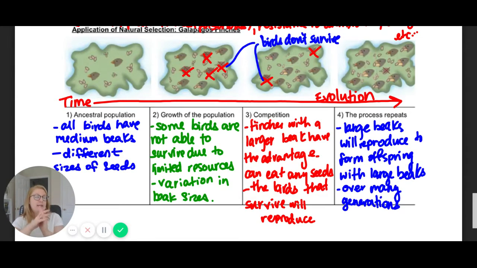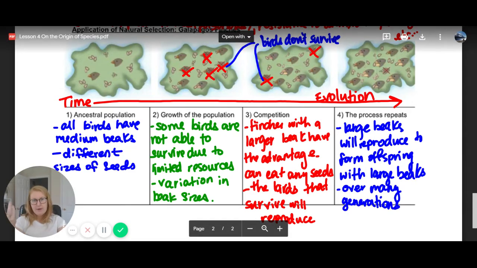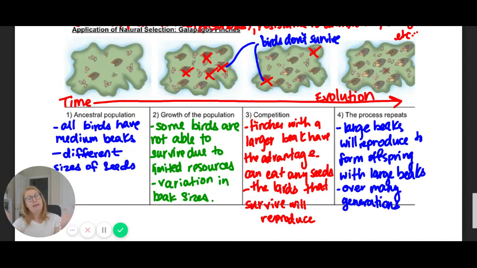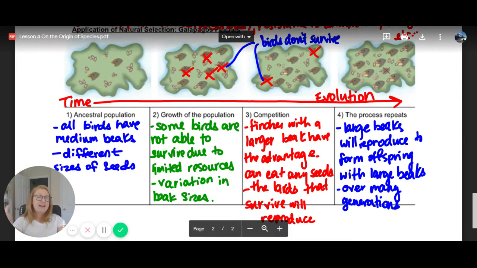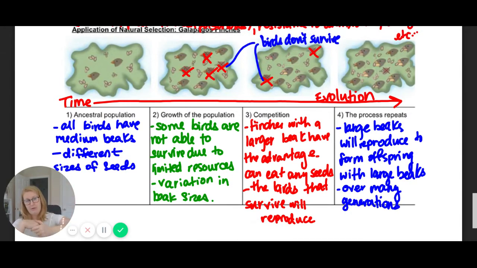Now, because the population has grown, as I mentioned before, there's lots more offspring, lots more individuals. Unfortunately, some of them are not going to be able to survive. They're going to be outcompeted. So in this kind of scenario that I'm describing here, there is genetic and physical variation, different sizes of beaks. But as I said, as we move forward, that becomes a competition, which is in the 3rd column.